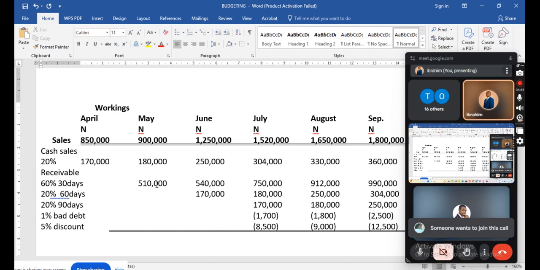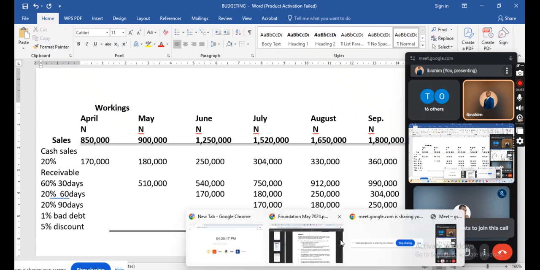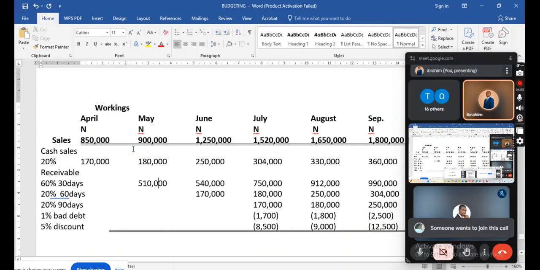Okay. Let's wait first. Now, let's interpret that question again. I understand you. 60% in the first month after sales. What is the first month after sales? Is it 850, is that not so? After they make the sales, when they make the sales, right? Now the second one is, if you make it like this, 60% of 540, then 60%.